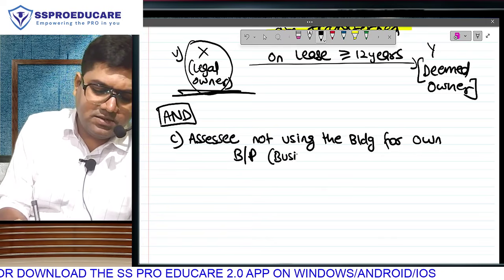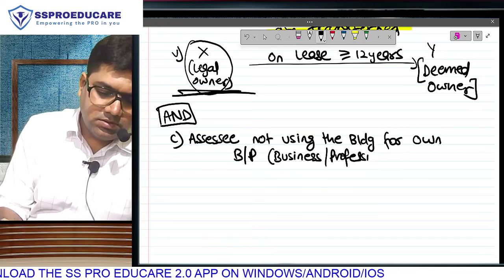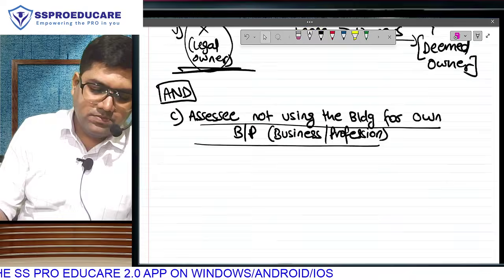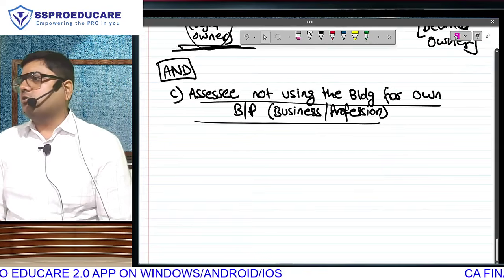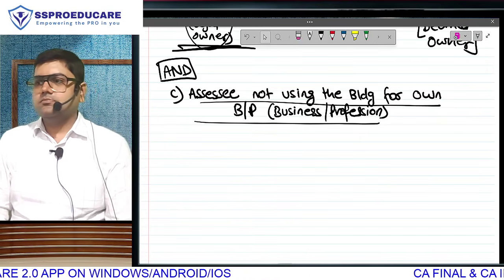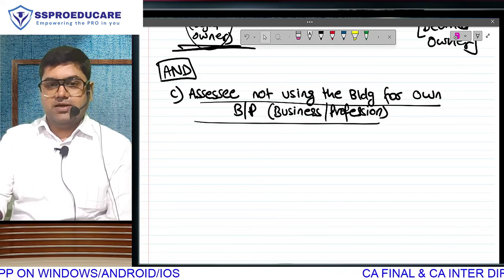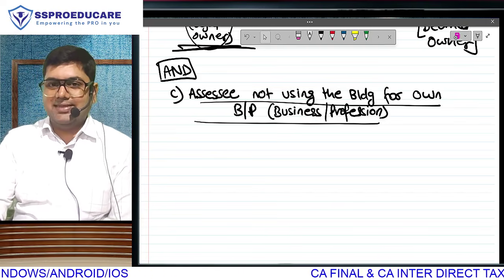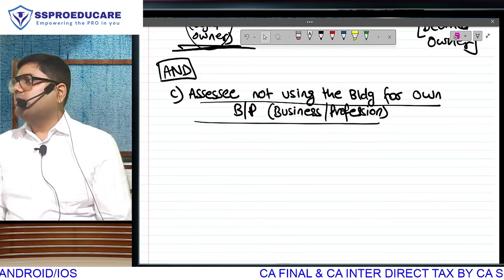for the first time, business or profession. Assessee not using the building for business or profession. Means if you are doing your own business in this building, what is he saying, bro? If you are doing your own business in this building, the rent that you receive will not come under